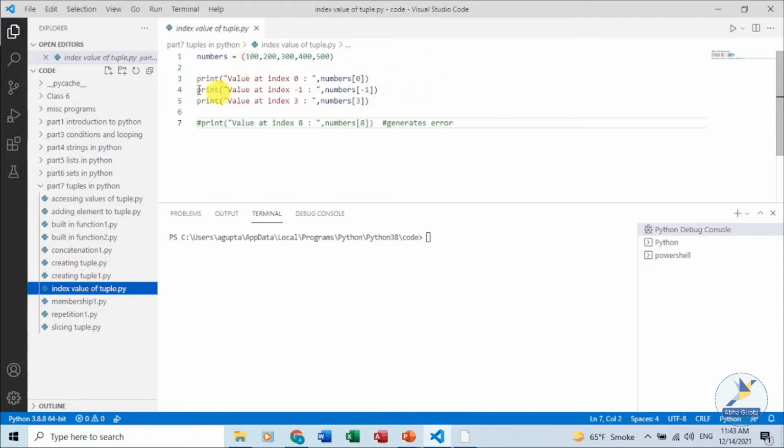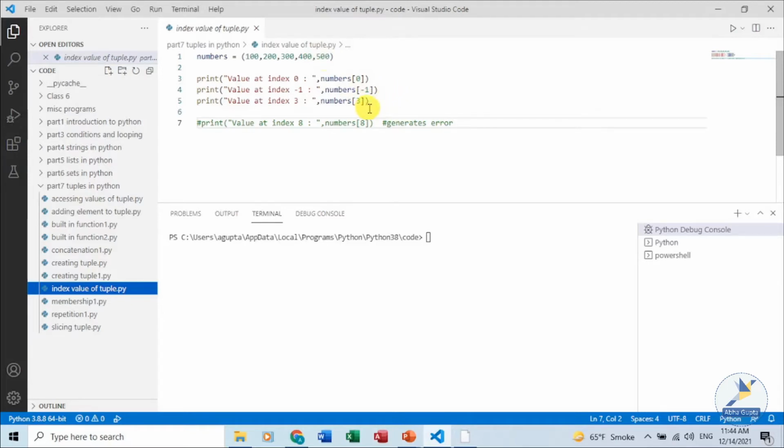In this program, we have numbers as a tuple consisting of some data, and we are trying to print the values using the indexing or the positioning. For example, the first element using the 0th index, then from the right hand side we are making use of the -1 index position, the negative index.